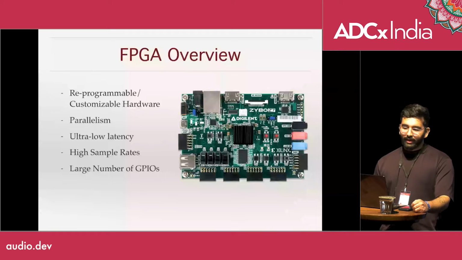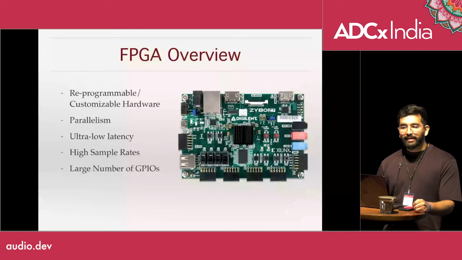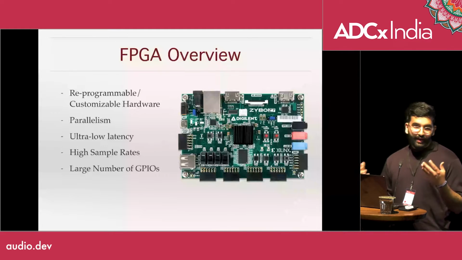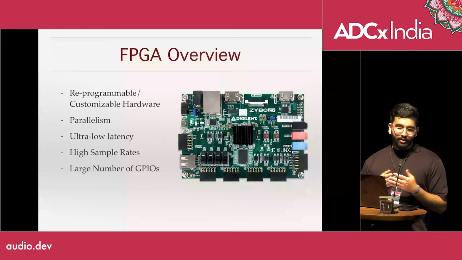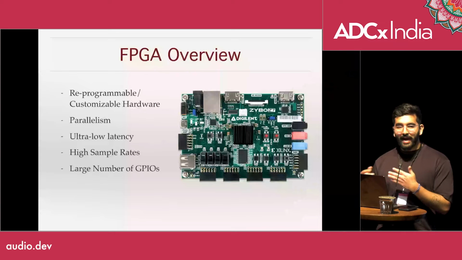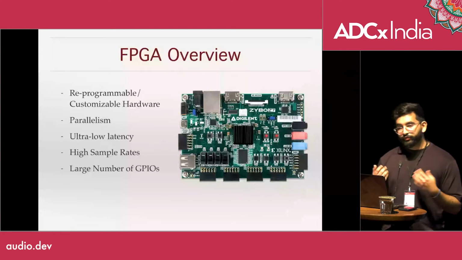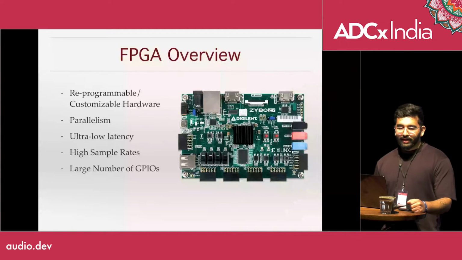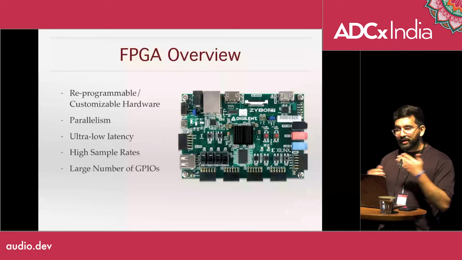Another factor about FPGAs is that they have a high degree of parallelism. We are able to customize the actual processor that we make, or the code that we make. So we are able to do a lot of functions and a lot of things in parallel on the FPGAs. That is very useful for music and audio. For example, in spatial audio, we can have many parallel processing channels happening together.